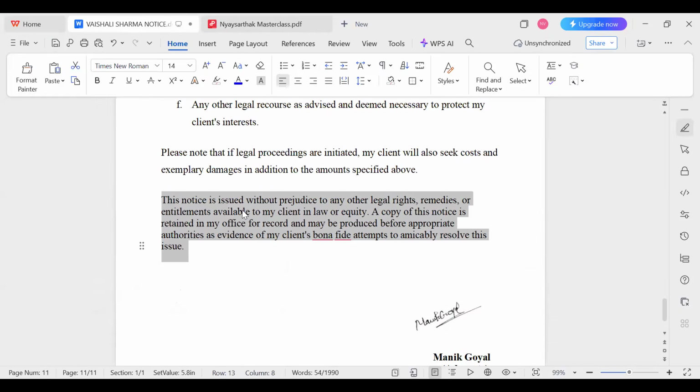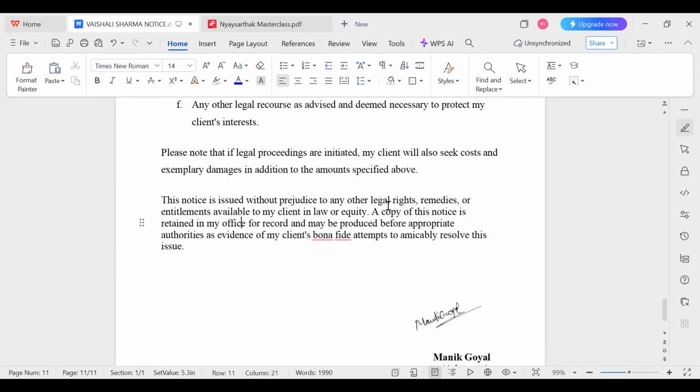We are not giving up all our rights. It is not the case that if we are writing in this legal notice that we are claiming this, we are saying that we are not claiming other things. If in the near future there is anything that we have to claim and we have skipped it in our legal notice, then we can claim it, because this is issued without prejudice to any other legal rights, remedies, or entitlements available to my client. There are n number of entitlements or legal remedies available to your client. We may skip that. We are human beings. There may be an error by our team. There may be an issue with our team that they have skipped a very important legal remedy. So usually we write this down, that this is being issued without prejudice to any of the legal rights